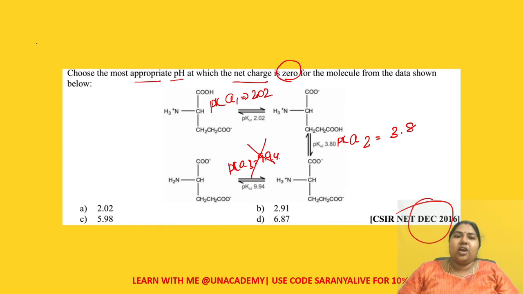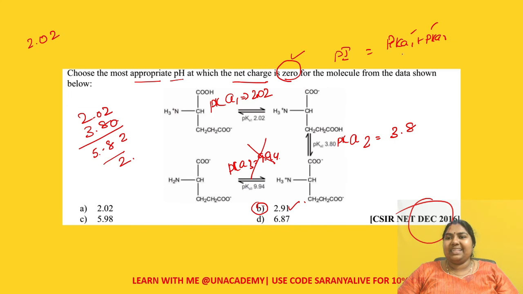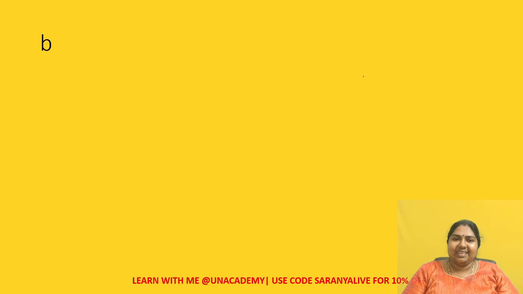Eliminate him. So now you are going to take an average between 2.02 and 3.8. Yes, add together, so that it comes around 5.82, divided by 2. So it is coming around 2.91. Got it everybody? Very, very simple. Isn't it? Right. So the net charge is becoming 0 at the point called PI. What is PI? It is pKa 1 plus 2. The pKa 1 and 2, I am telling the togetherness. So you eliminate the odd man out and then you arrive at this formula.